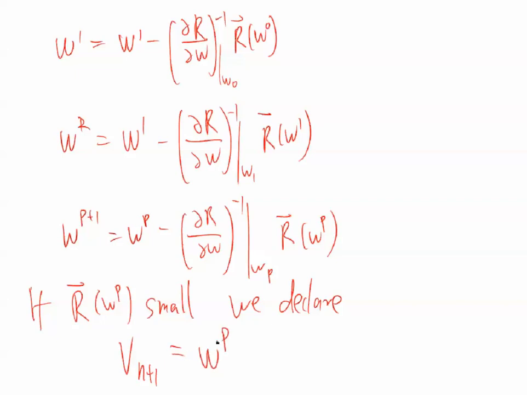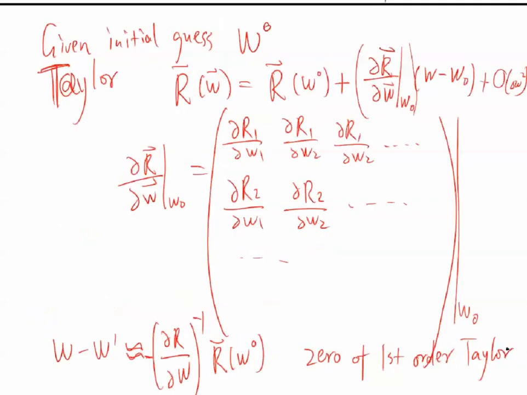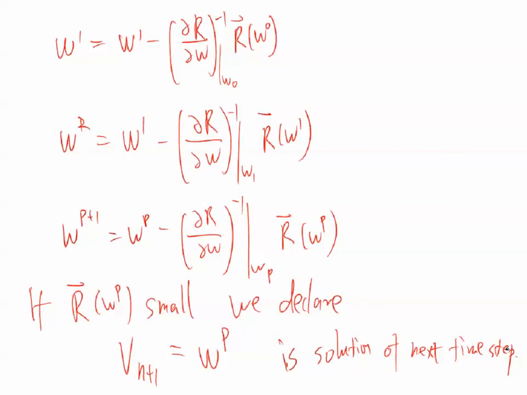Right? This goes all the way back to our numerical discussion. It is the solution of the next time step. Okay, so conceptually we have gone through so much stuff, but we just